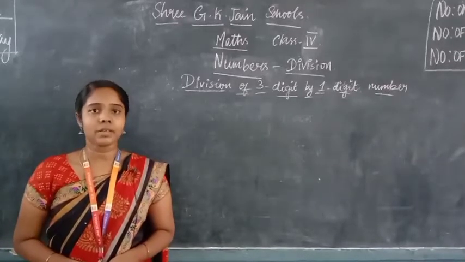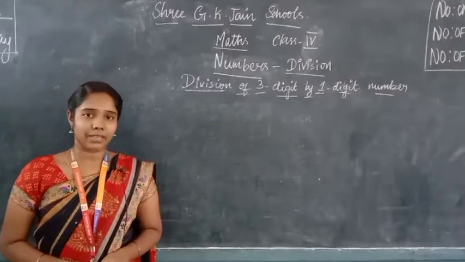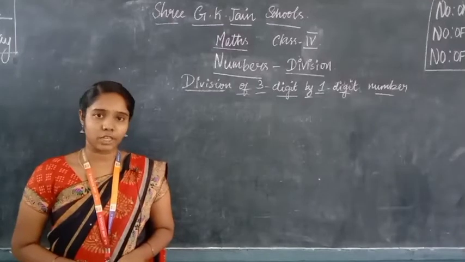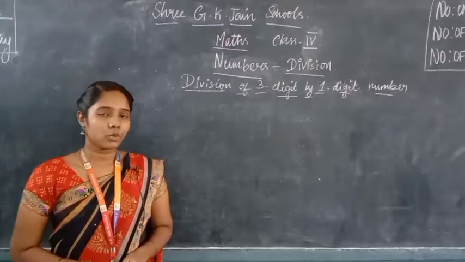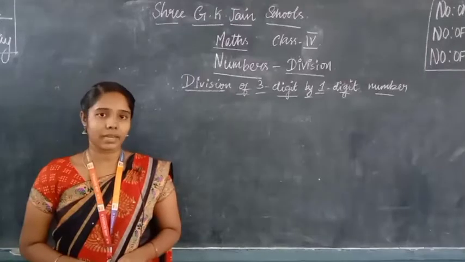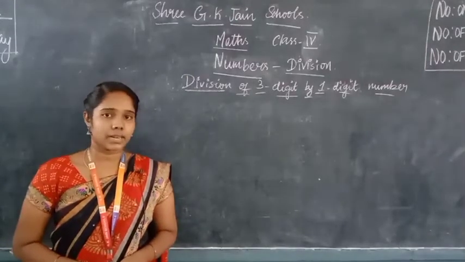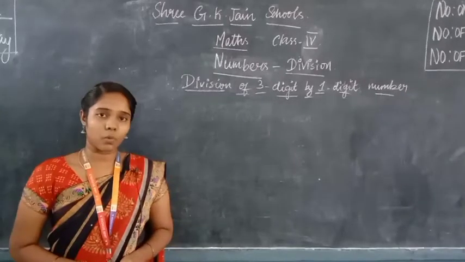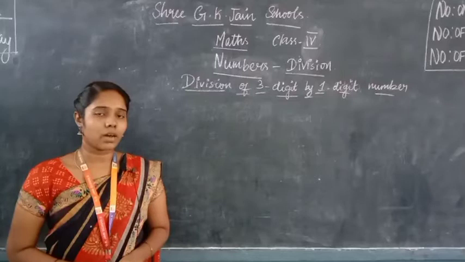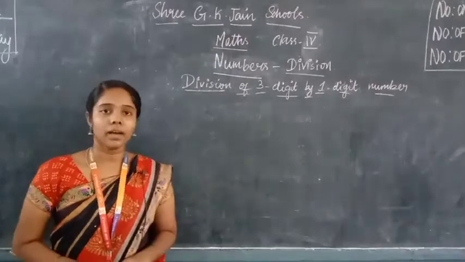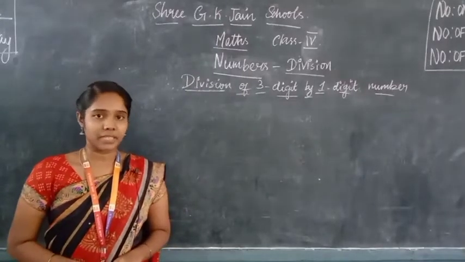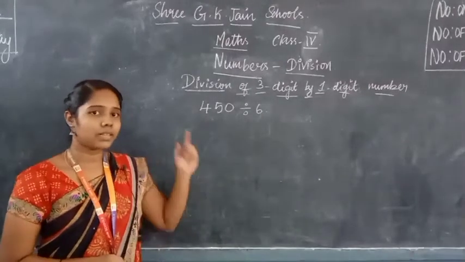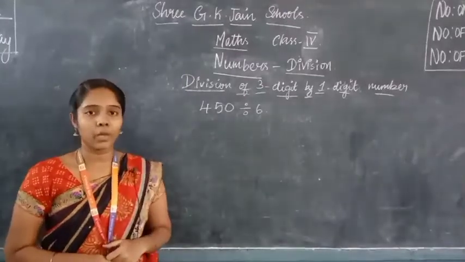So in today's class, we are going to see about the 4th standard maths topic, unit 2 numbers. In that we are going to see about the division concept. You must have studied division from your lower classes, alright. You must have studied about the division of a 2-digit number by 1-digit number. As you are growing, you should now learn about the division of 3-digit number by 1-digit number. Shall we start our class? Yes. So now we are going to start learning about the division of 3-digit number by 1-digit number.